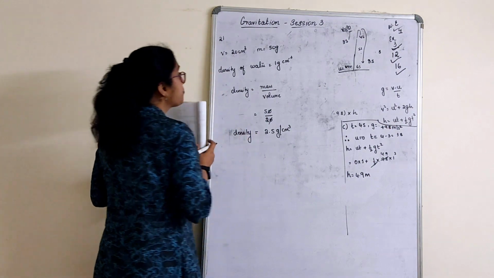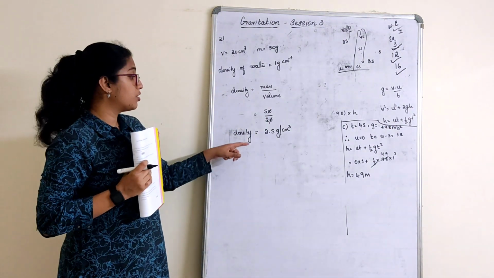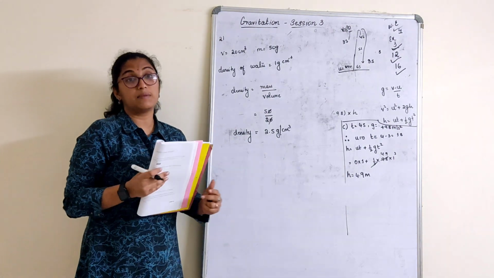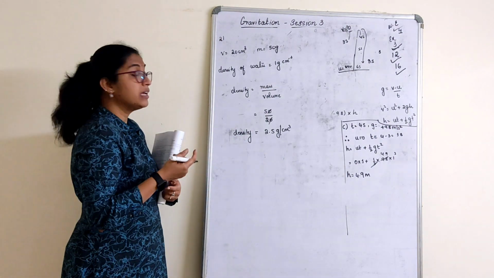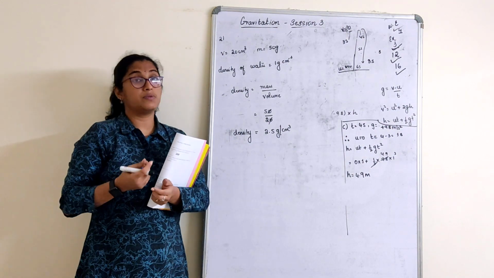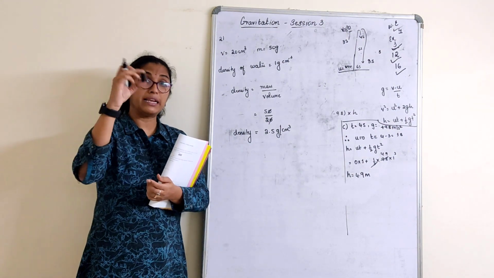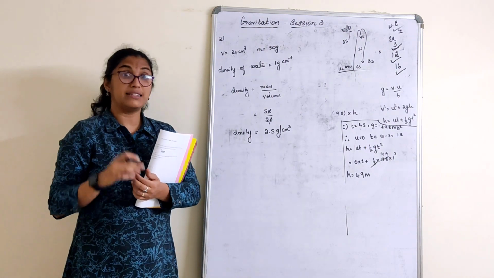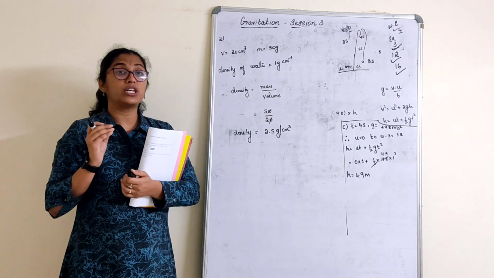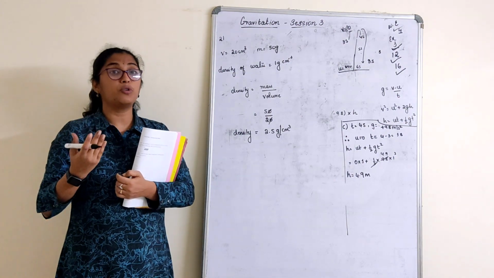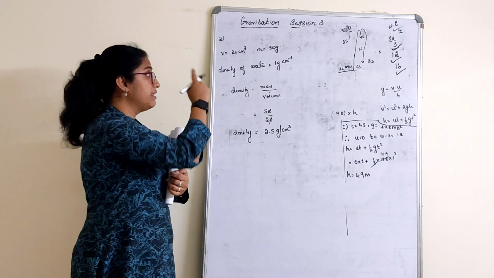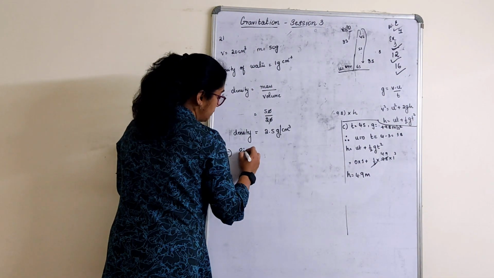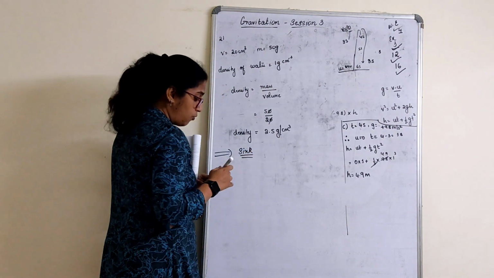What does this mean? Will the substance float or sink in the water? Density is more than water. So what will happen? The substance will actually sink in water. We always compare density of any substance with respect to water. Suppose if I just put this pen cap into the water, it will float because its density is less than water. That is, density is less than 1. Anything which has density less than 1 or more than 1 we compare. What is that 1? That is nothing but density of water. Therefore, the substance, give the conclusion, it will sink in water.